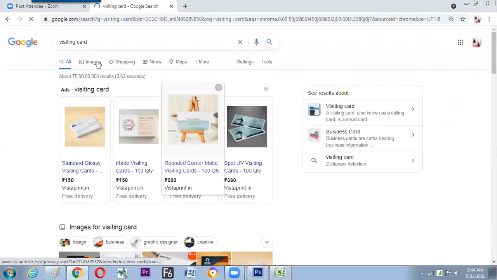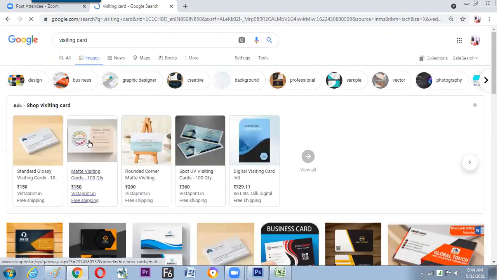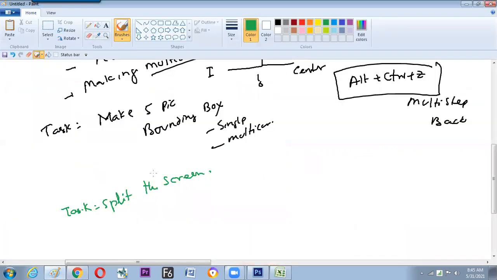Often you can find the screen has been split up and filled with different colors. At that place, we can use our knowledge. One minute. Hope this task could be done.